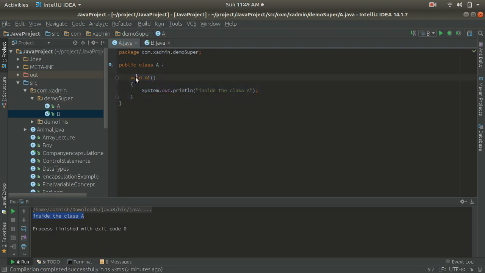So just change this m1. This is the constructor, and let's write something inside the class A constructor.